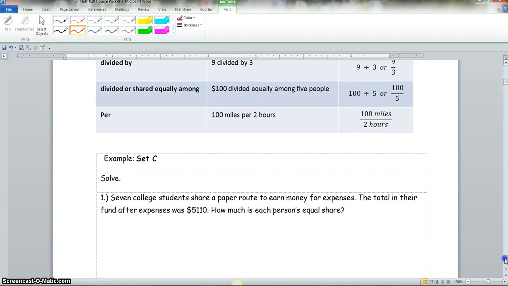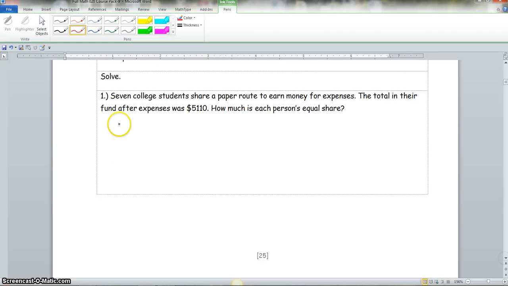Now we go down here to example set C. It says solve. 7 college students share a paper route to earn money for expenses. The total in their fund after expenses was $5,110. How much is each person's equal share? Now, if you know you have an equal share, you're dividing it up. So we would take 7